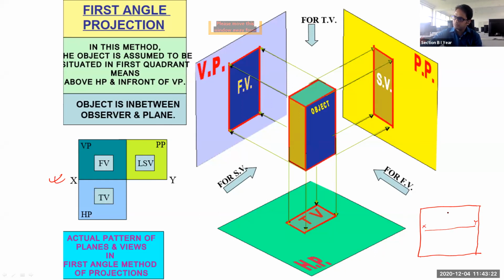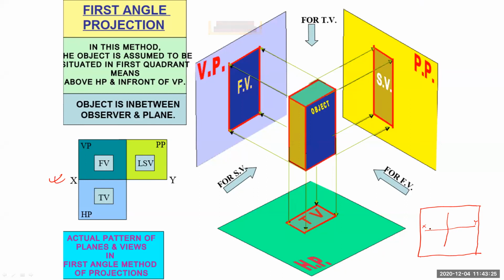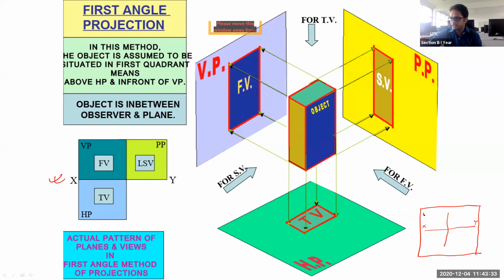Now I'm doing the partition of this vertically also. This is your vertical plane. This is your horizontal plane. And this is your profile plane. So front view will come here. Top view will come here. And this side, which view will come here? Type in the chat box. This is right side to your front view, so the opposite, left hand side view, will come on this side.